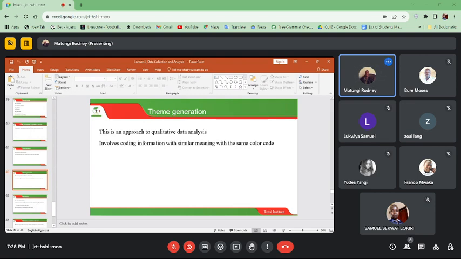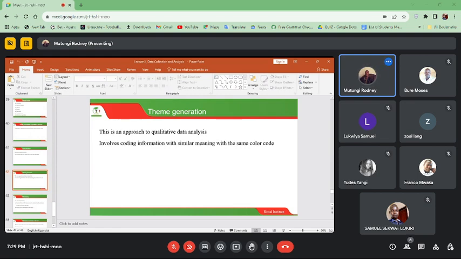So if people are talking about the practices of their nutrition, they are talking about how many meals they are taking, now you can group that under the same theme. Okay, then others are talking about the cultural norms of eating, how ladies are supposed not to eat some food, and men are also supposed not to eat some food, so that you can bring in another theme. So that is what we call theme generation, and it is a very important aspect of qualitative data analysis,